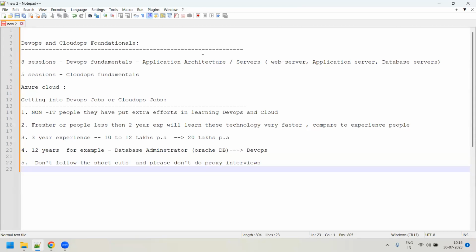But the majority of the people, many of the people, right, have lost even the job, even after getting through proxy, because they're not able to handle the pressure or the work, what is going on in the industry. Hence, within a short time, they have been laid off. You have come across a lot of such cases where people have been laid off. So please don't follow these things.